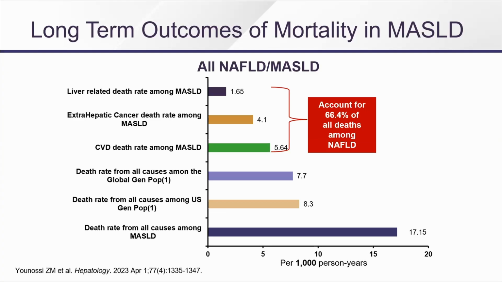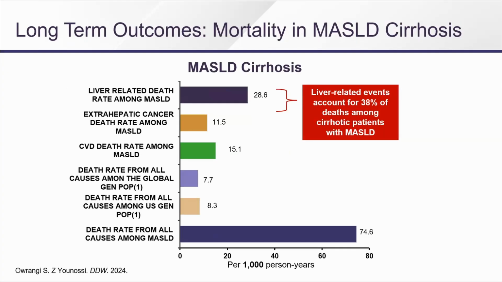And what I tell them is that their liver is a bellwether for their heart and their coronaries and their carotids, and they need to manage it. But you can see that liver-related death is still increased compared to the general population. But if we look at patients who have cirrhosis from MASH, now their rate of liver-related death is thrice the general population all-cause mortality. And of course, cardiovascular rates are also higher.